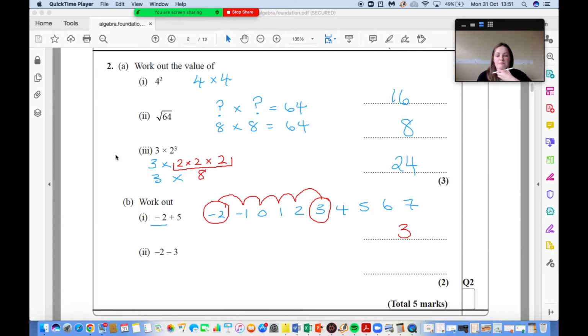Okay. Now this next one, it's saying that you've got minus 2, minus 3. Now again, let's say you're overdrawn in your bank and you owe the bank £2. You've been to a shop and you bought something for £2, so you now owe the bank £2, and then you go to another shop and you spend £3. So now you're in debt by 5, minus £5. Okay, because minus 2 minus 3 is like saying, if I did a number line like this,